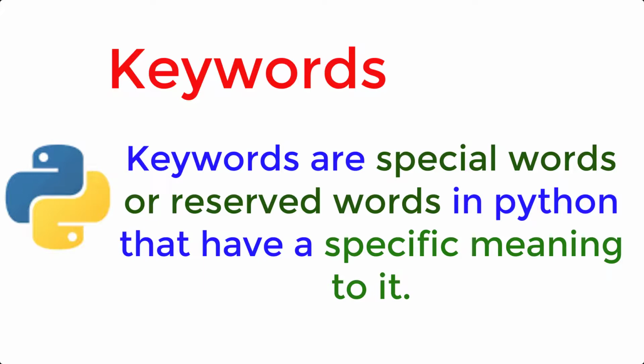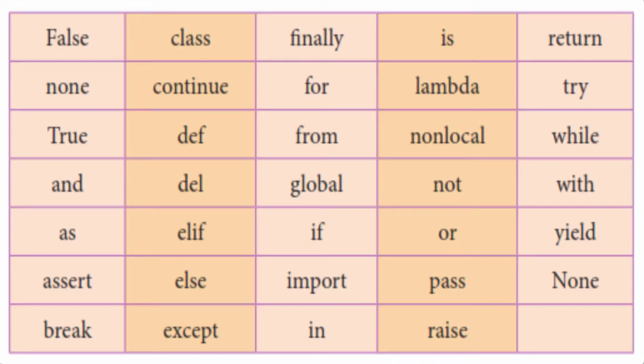In case we assign a keyword as a name to an identifier, the interpreter will get confused, as the word is not specified as given in the library, or the syntax is not as given in the library, and it raises an error. That's why we already said that a keyword should not be used as an identifier. Now let's see what keywords there are in Python. These are the Python keywords. When used in a program, they have a special meaning. So this is what a Python keyword is.